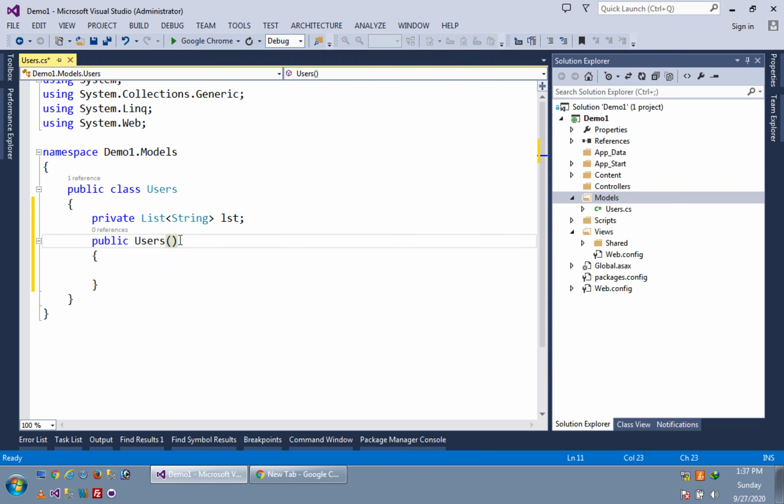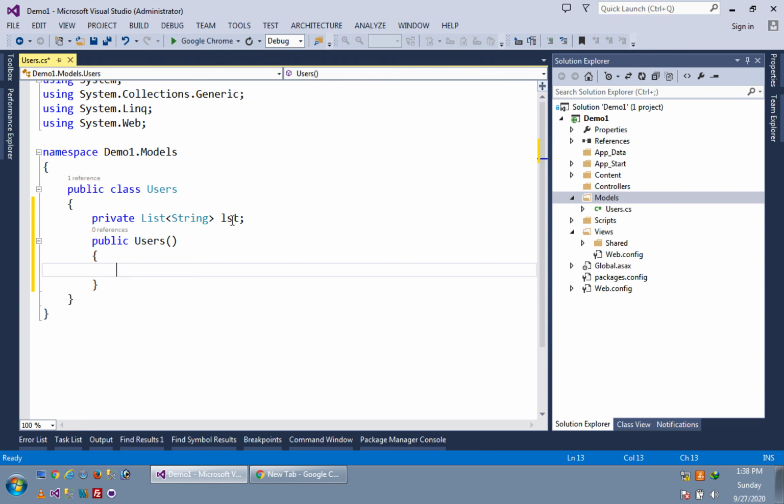But I am making a default constructor without any parameter. The constructor will be called whenever we create an object of the users class. It will be called automatically; we don't have to call it manually or write something like user object dot users.